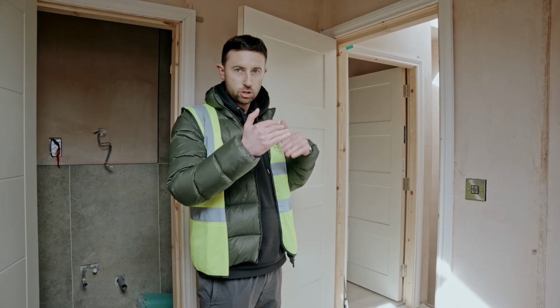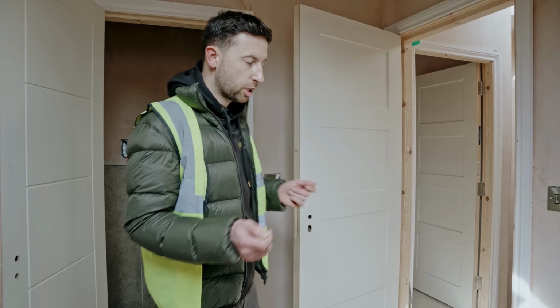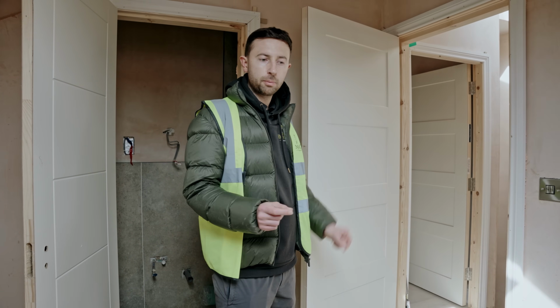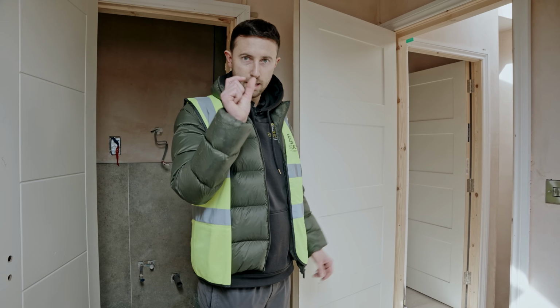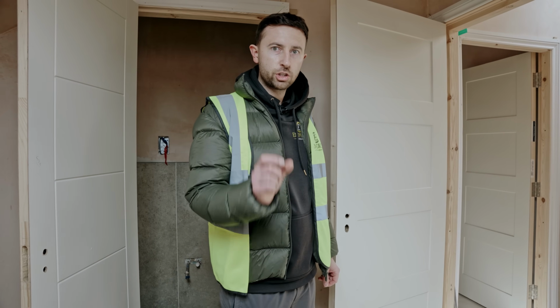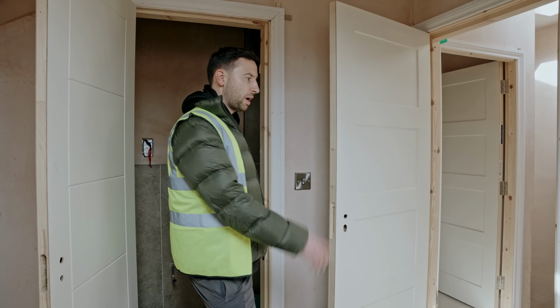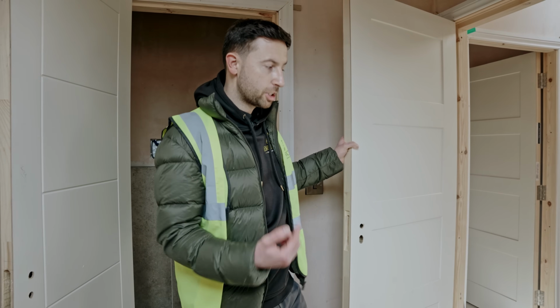Now the doors do tend to drop over time, you do have to do some sort of adjustment, but when they come out and do an inspection, if it looks good and it is more or less there or thereabouts, with a couple of adjustments, they're not that bothered about it. But if it's like 10mm gaps here and there when they shouldn't be, then the chances are they're going to check the rest of your property. So I always make sure that they are installed properly, especially at this stage,